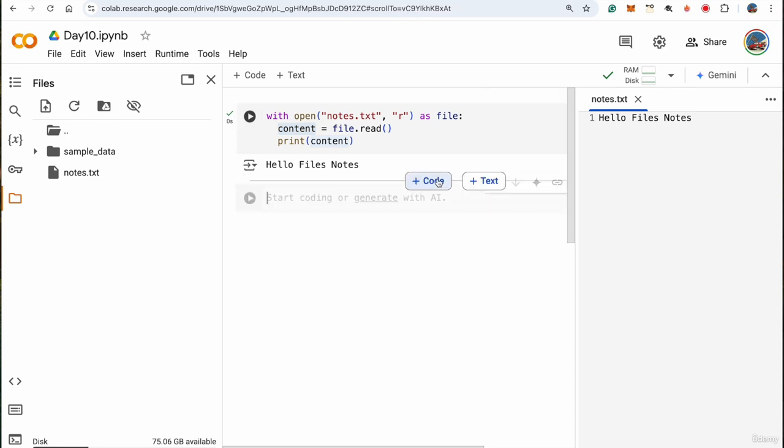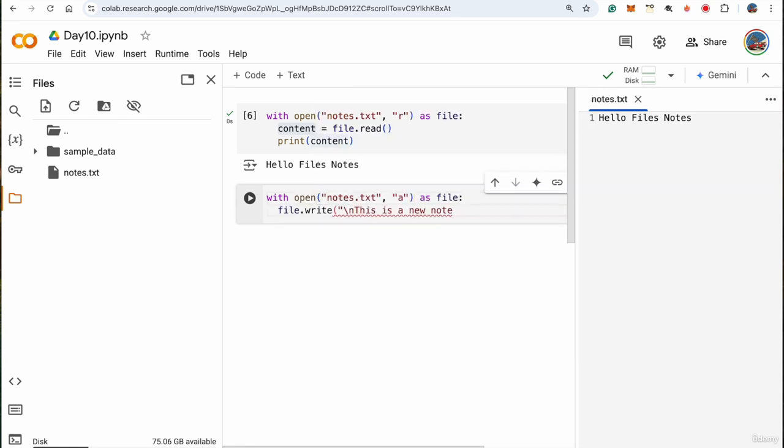So I'm going to create another code snippet here, and I can say with, first I have to open the file again. So I say, let's say notes.txt, and instead of A I wanted to write, so I say W as file, and then I can say file.write, and I'm going to say \n, this is a new note, and then full stop, again \n, so it goes to the next line, creates a new line, and that's what will be saved. So let's run this, and now if I open my notes file, you'll see this is a new note written into this particular file